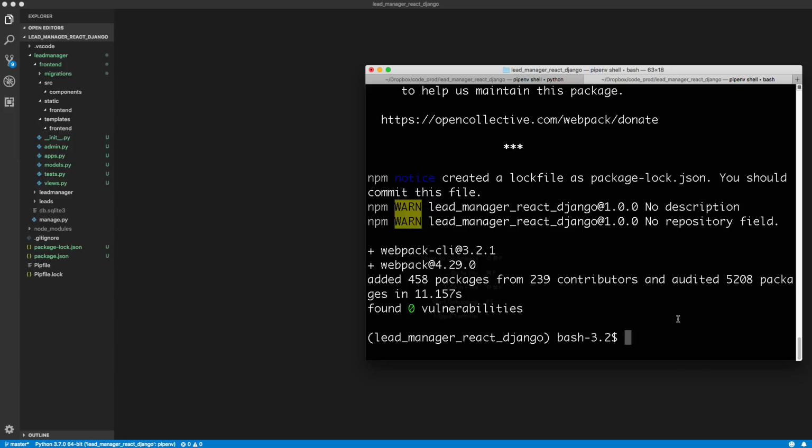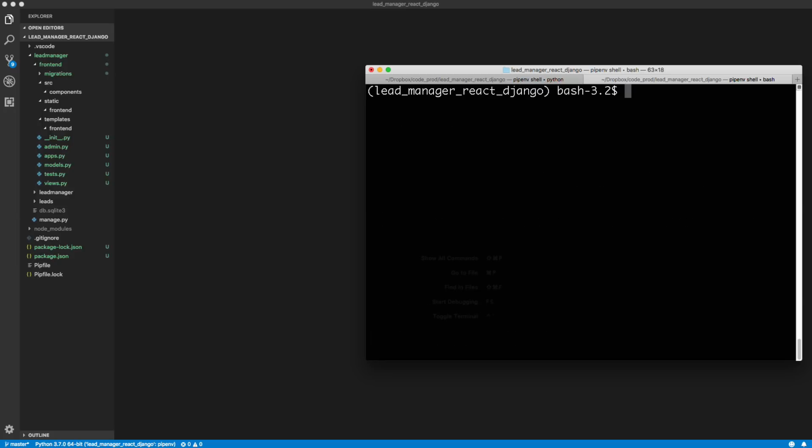All right, so now that we have Webpack installed, next thing we want to do is install Babel, which will take care of transpiling our JavaScript, like newer features from ES 2015 and beyond. And we're also going to install the React preset as well. So let's clear this up and let's do an npm install as a dev dependency. We want